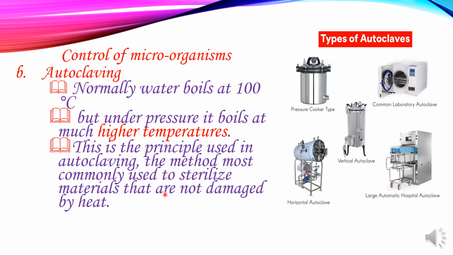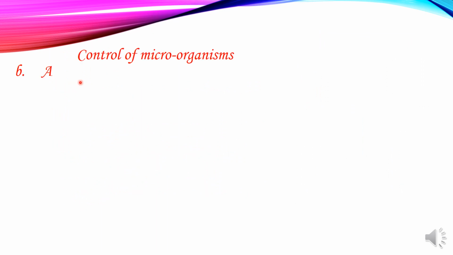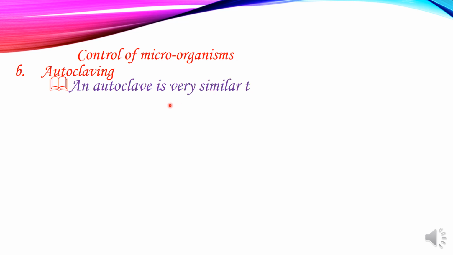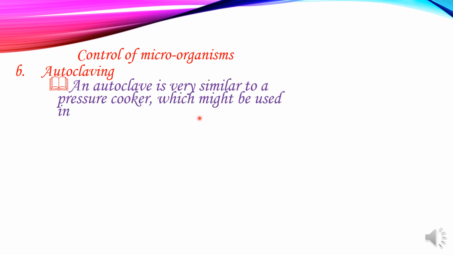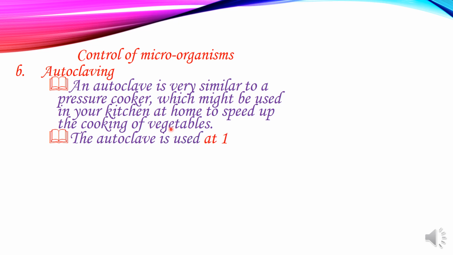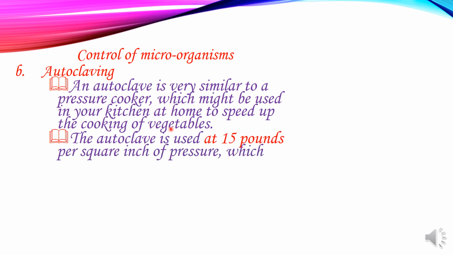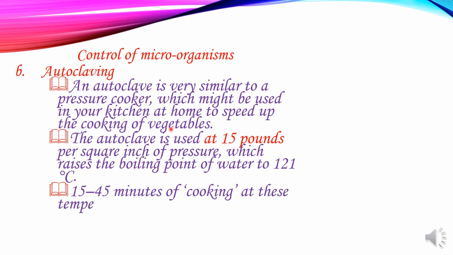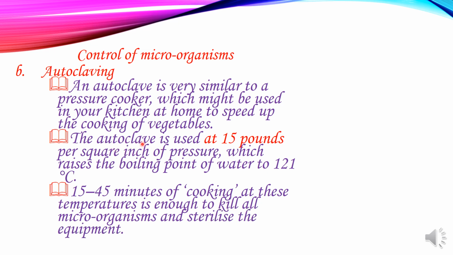ሙቀትን የመቋቋም ቁሶችን ስትራይዝ የምናደርግበት የተሻለው መንገድ what is that, autoclaving ነው ማለት ነው። Autoclaving is very similar to a pressure cooker which might be used in your kitchen at home to speed up the cooking of vegetables. ይሄ እንግዲህ አንዳንዶቻችሁ ቤት ውስጥ ይኖር ይችላል። ቤተሰቦቻችሁን ጠይቁ። ፕሬሸር ኩከር የሚባል ስጋዎችን እና ቬጂቴብሎችን በቀላሉ ለማብሰል የሚያገለግሉ አሉ። You can ask your families. ከነሱ ጋር ተመሳሳይ ነው ለማለት ነው።